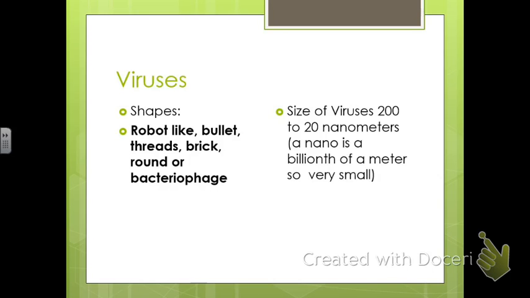Viruses are very small. They are much smaller than bacteria and other microbes. Viruses range from 20 to 200 nanometers, and a nano is just a billionth of a meter. So we're talking, a meter, it's about this long, a little over 3 feet, and you're talking a billionth of a meter. So if you look on page 442, you can see some examples talking about the different size microorganisms